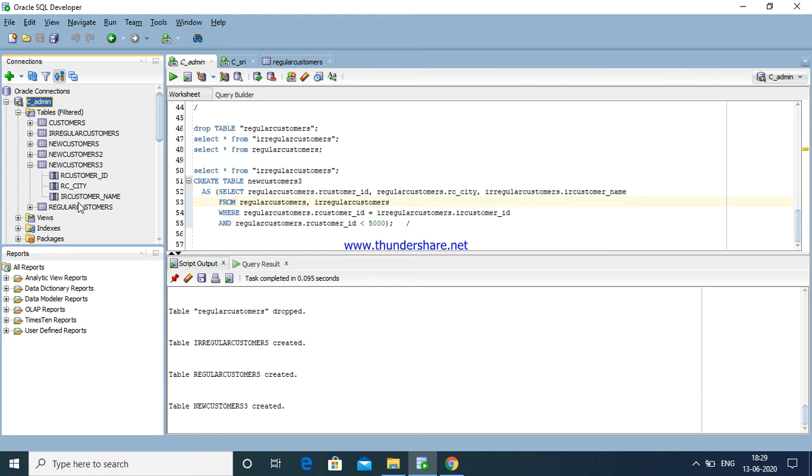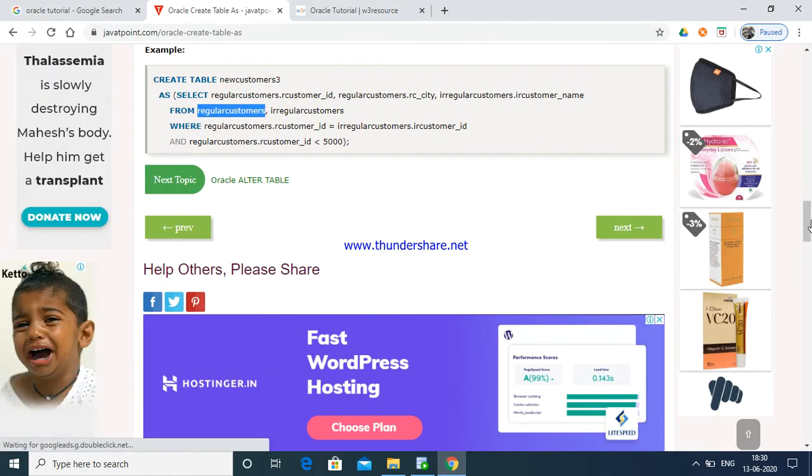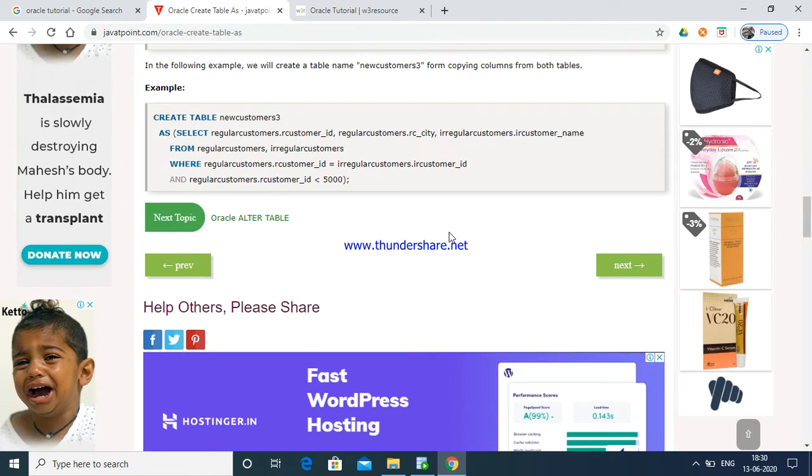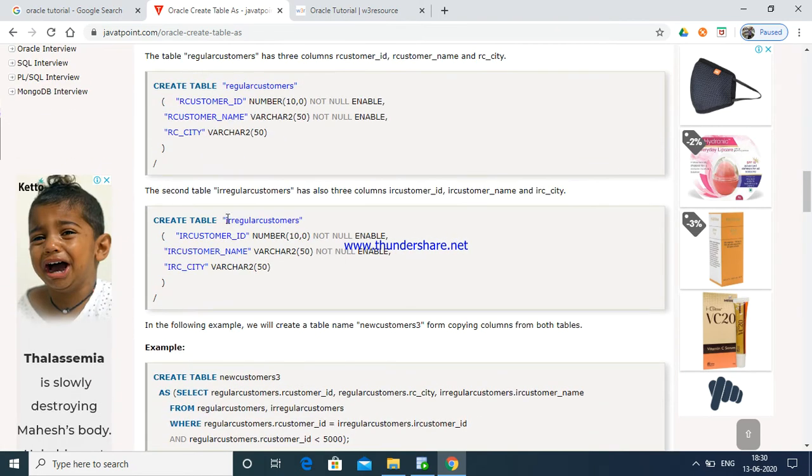See here, copying columns from multiple tables. Okay, like this we completed. Here what happened in the starting: he created a table with single quotes, and the second table also has 3 columns. Okay, both have 3 columns, regular and irregular.